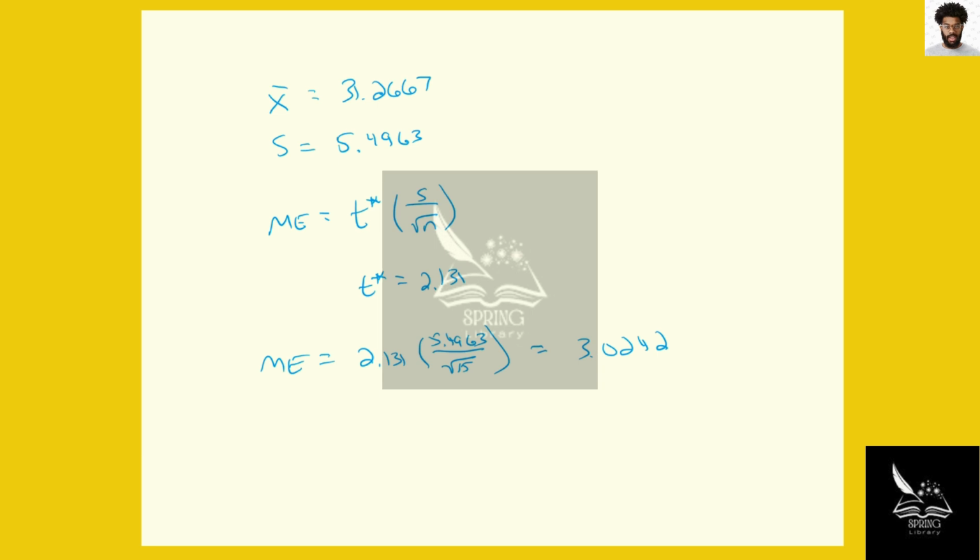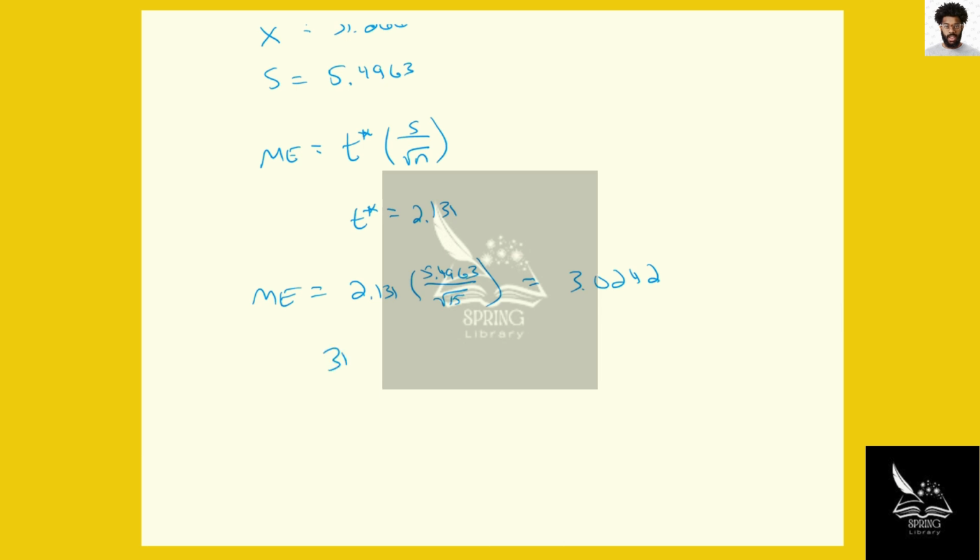So the 95% confidence interval for gas mileage of 2010 vehicles would be the 31.2667 plus or minus 3.0242, which gives us a lower limit by subtracting 31.2667 minus 3.0242, which is 28.24, and now I'm going to round to 2 decimal places, and an upper limit by adding